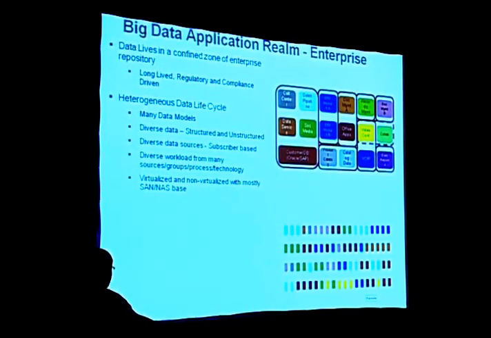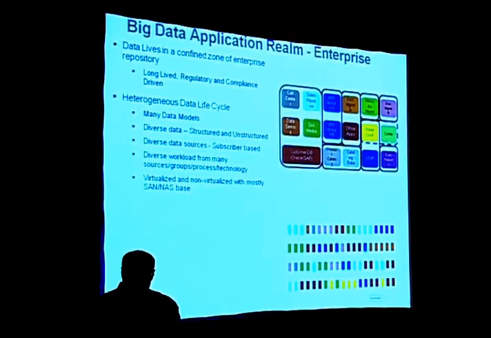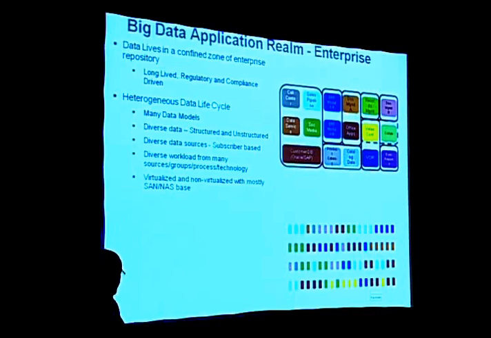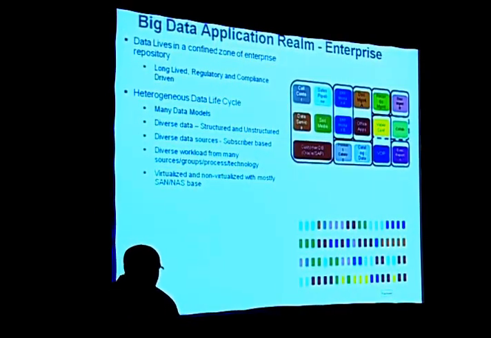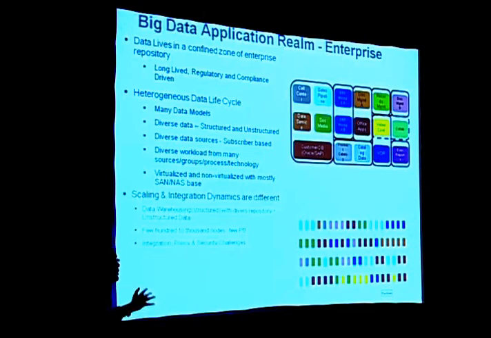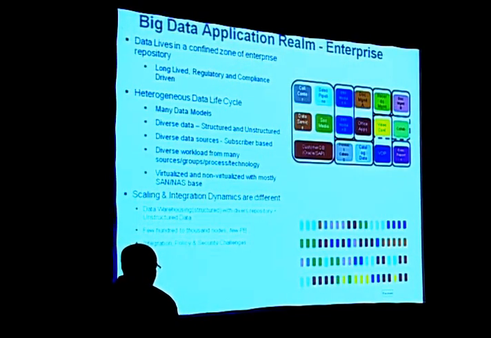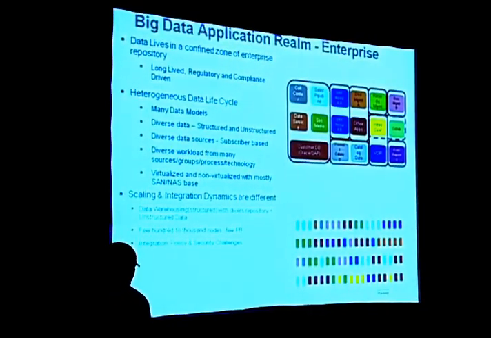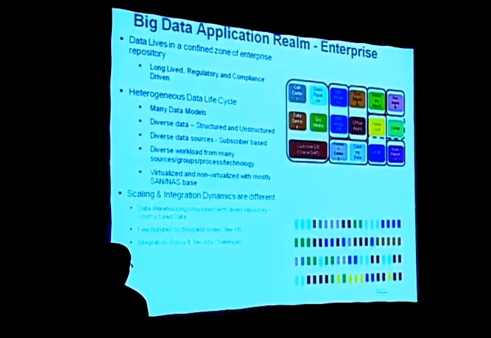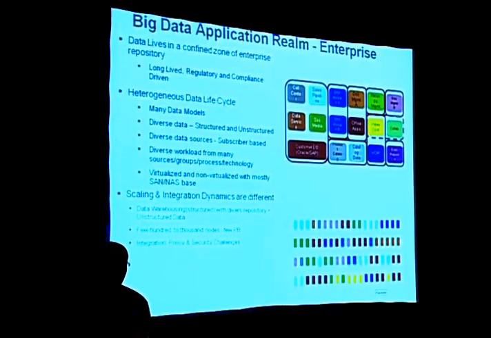The point is the data is private, data is regulated because you have HIPAA compliance, you have PCI compliance. The data model is heterogeneous: multiple schemas, multiple data models, multiple ingest technologies, etc. The point is, enterprise is fundamentally different, right? So to make Hadoop adaptive is to understand that the dynamics, the scale, the integration is different.